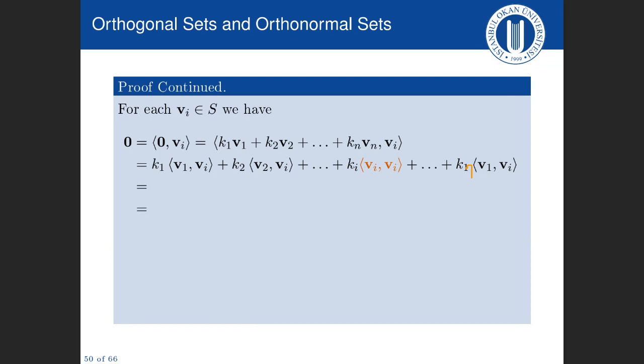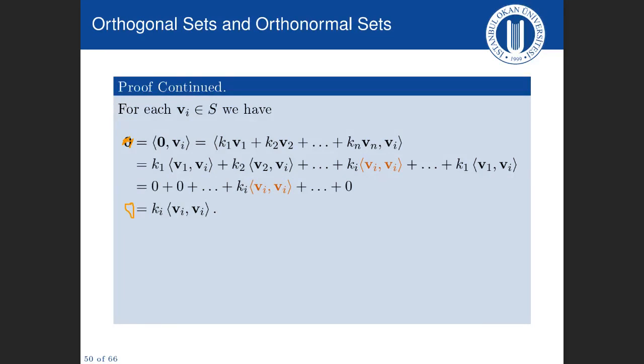But remember, we have orthogonal vectors. v1 and vi are orthogonal if i is not 1. v2 and vi are orthogonal, so that inner product is 0. All of the way up to vn, this should be, vn and vi are orthogonal as long as i is not n. So their inner product must be 0. So all we're left with is the number 0